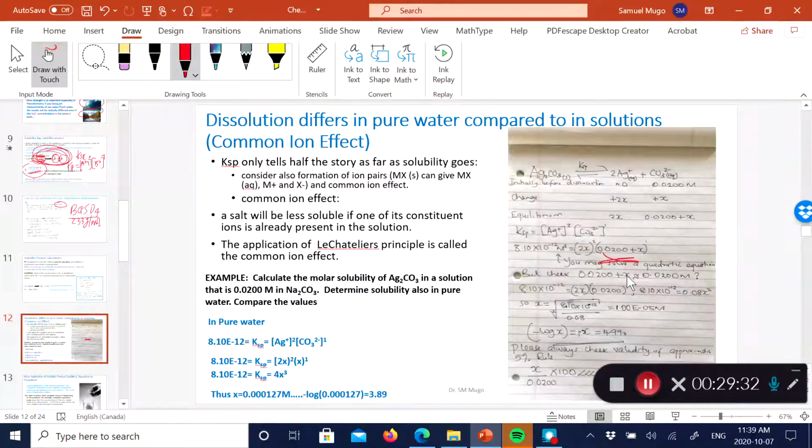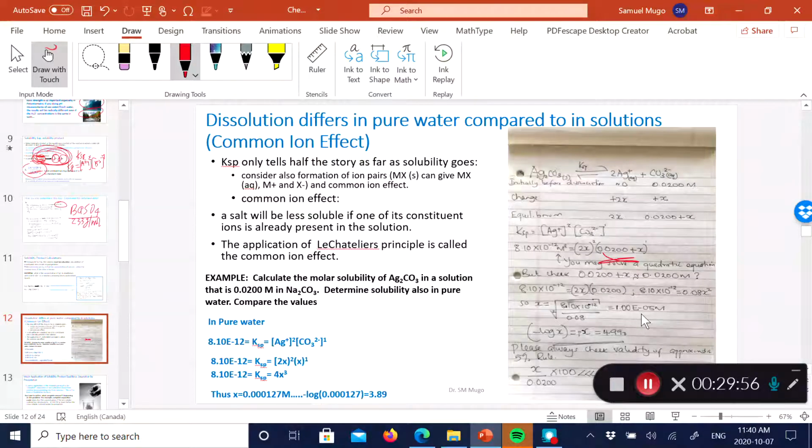So make the approximation that 0.02 is much higher than the x, and so the x is insignificant. And so you can see now the expression reduces to this, meaning we don't really need to solve the quadratic equation. And then after you solve that, you can see the x I get,